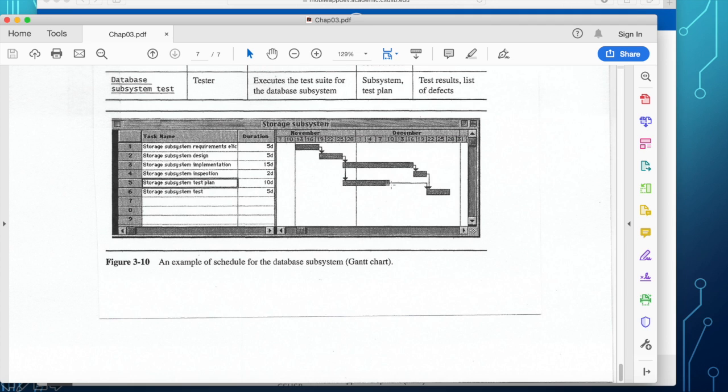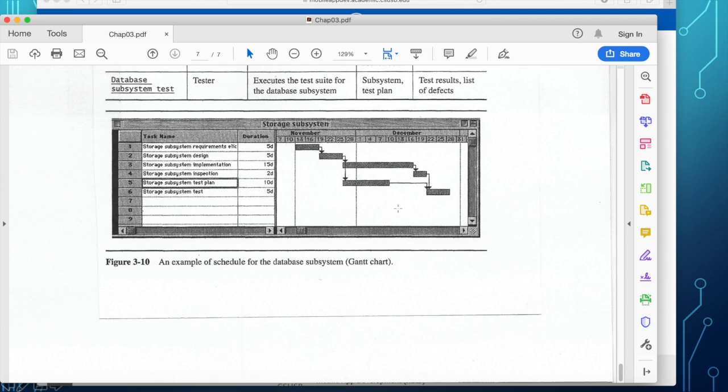So it will finish early, and at that point in time, it will wait for the coding to be done and the inspection to be done. Okay? When the inspection is done, then it begins the actual testing, which takes 5 days. So the project or the prototype will be done on December 25.